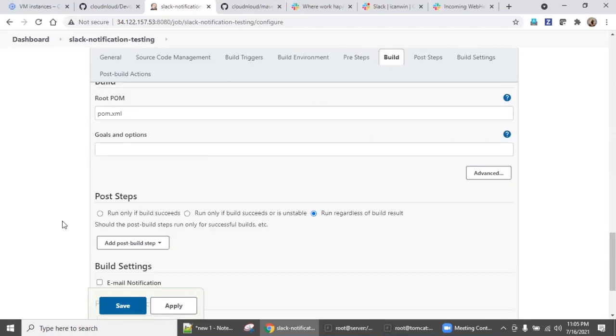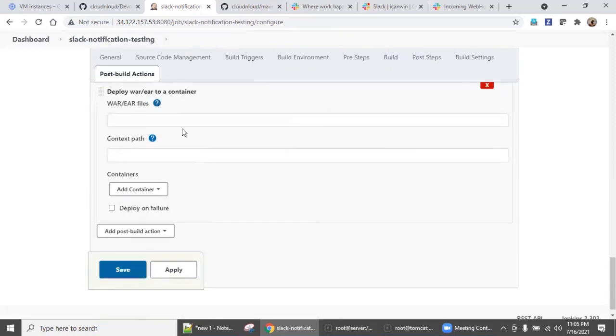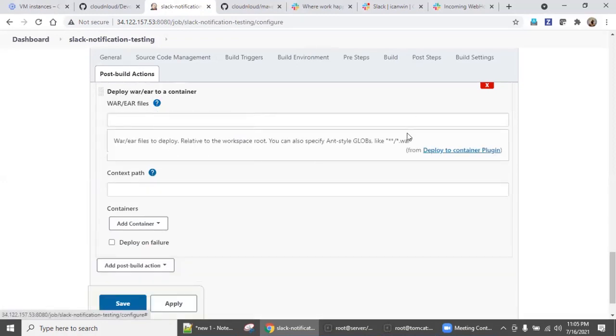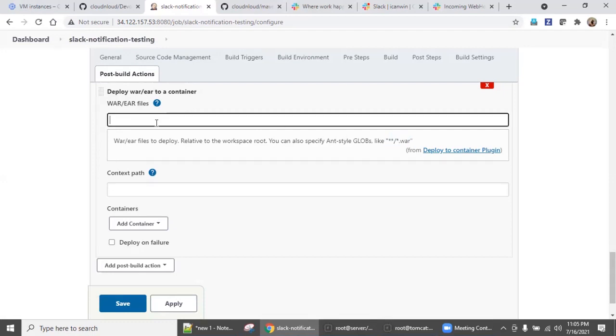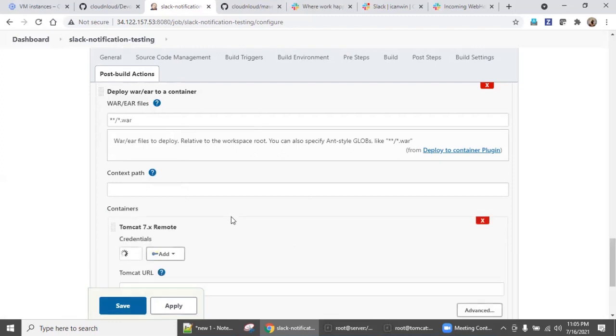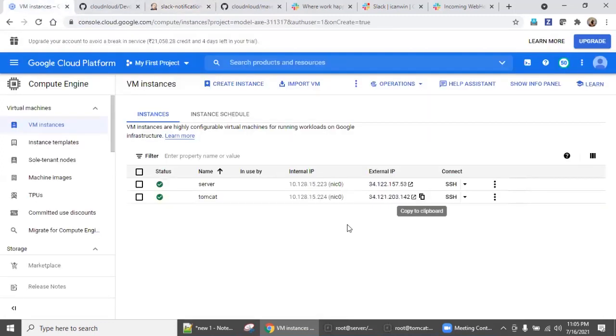Okay, come down. So now you deploy this into the war file. So as we configured, I'm going to deploy it, and also I'm going to deploy in Tomcat 142. So is it 142?